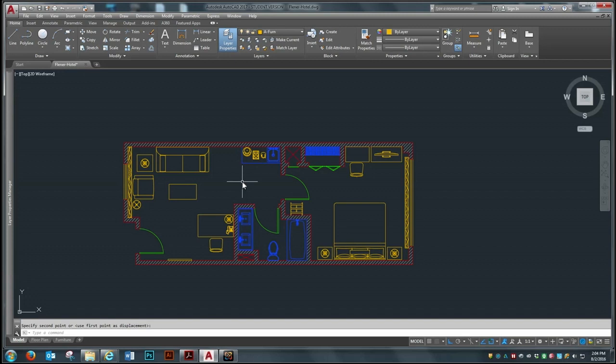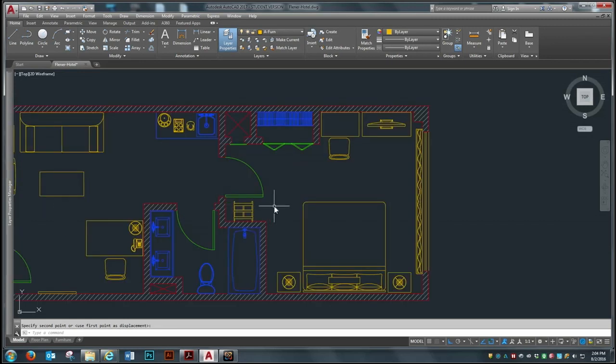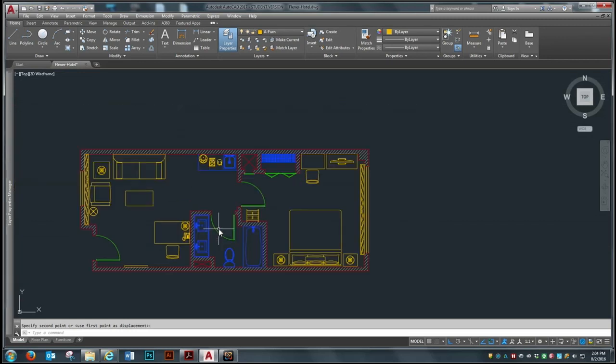Once you place the furniture in, it's a good time to make corrections and get it to the contractor before they start. So hopefully you get the opportunity to put the furniture in before they start construction. Sometimes you don't. All right, so what we need to do, a couple more things, is we're going to talk about properties,